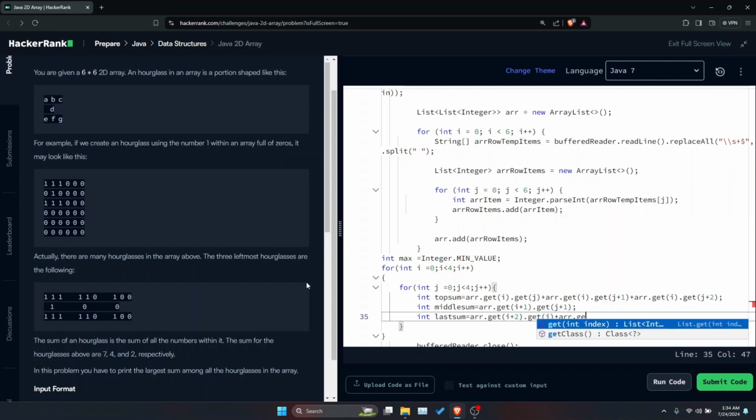Now for this element over here, the row has changed the same way, and the column has also changed. So I would write j plus 1. Now for this element over here, the row is i plus 2 and the column is also j plus 2.